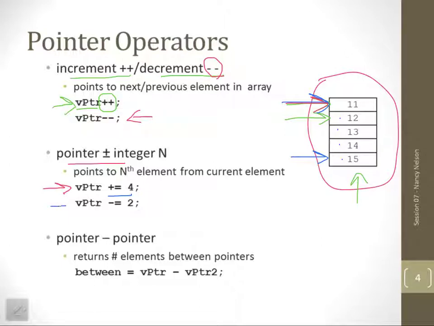If I say v pointer minus equals 2, take 2 addresses away from it, it's going to, assuming it's starting here, go back 1, 2, and now it will be pointing at the 13. I can also subtract one pointer from another. So if I have 2 pointers,